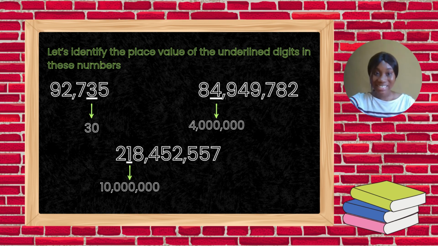9, the second 9 is in the 100,000 place. So that 9 over there is 900,000. Then I finally have 4, and 4 is standing in the millions position. So 4 times 1 million, and that gives me 4 million. So the value of that 4 in this number is 4 million. Then the next example, I have